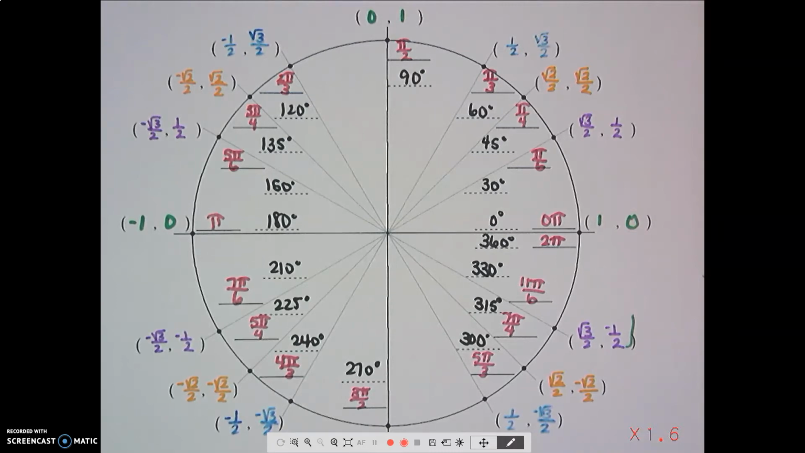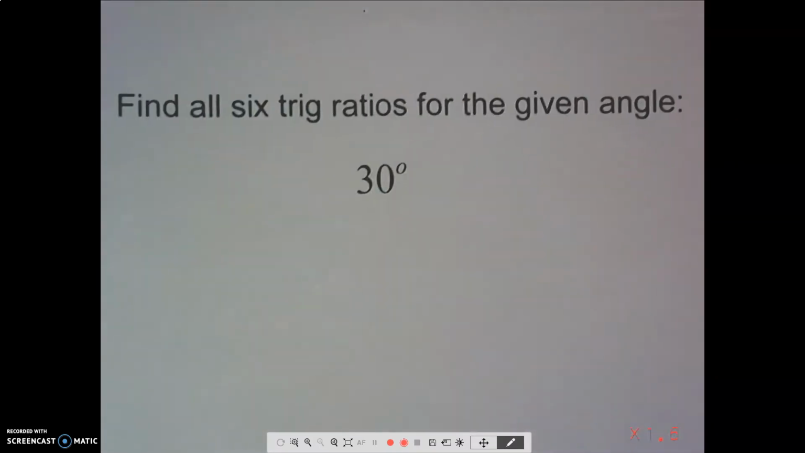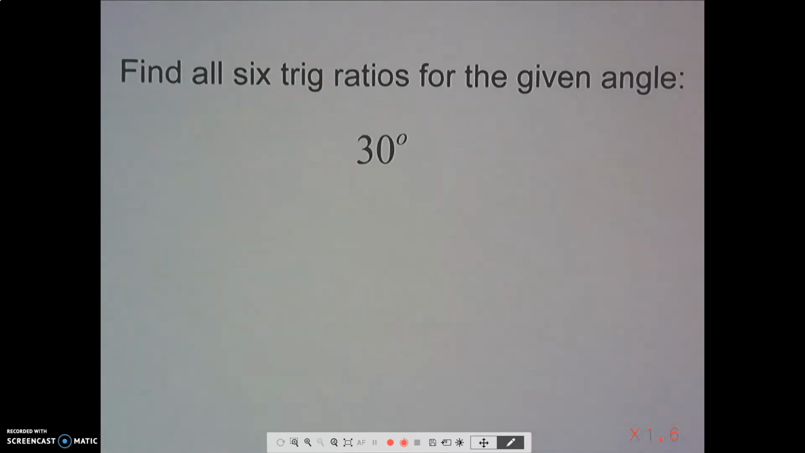So this is all going to be very important for us as we go, okay? Putting these two things together. So we are going to find all 6 trig ratios for a given angle. And we're going to do a couple of them in degrees, and then we're going to do one in radians, just so we have a hang of it. All right. So we have 30 degrees, and that means that we're going to need to know what the coordinates